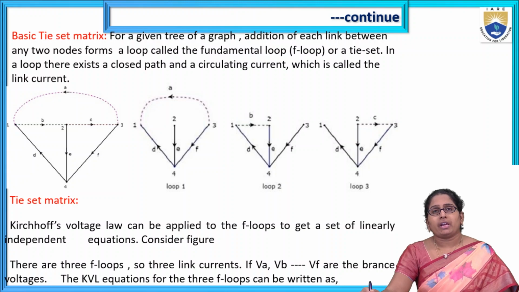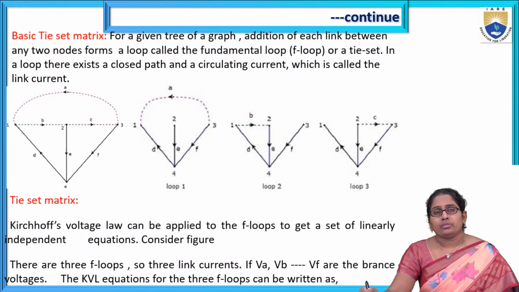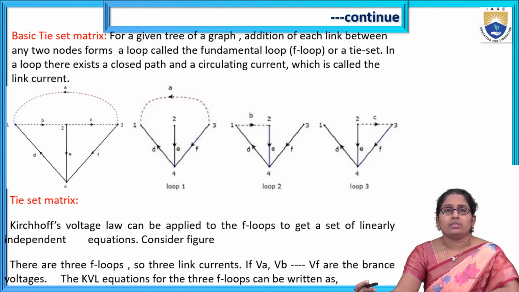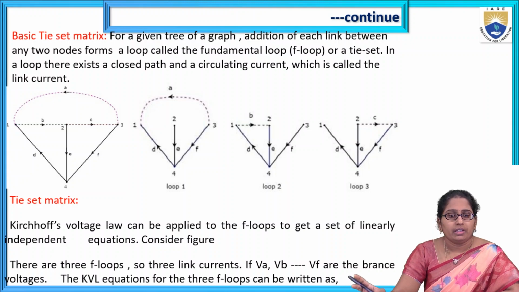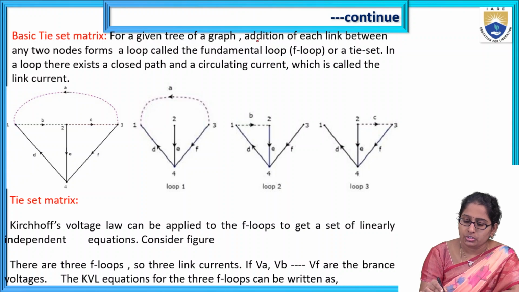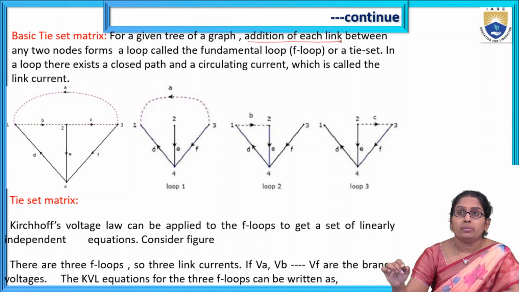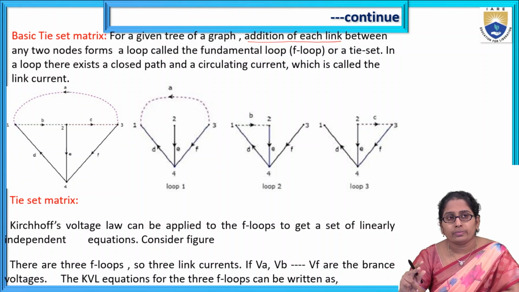Then the basic tie set matrix. What is meant by this matrix? For a given tree, a tree is there. For a given tree, if we add a link, addition of each link between any two nodes,